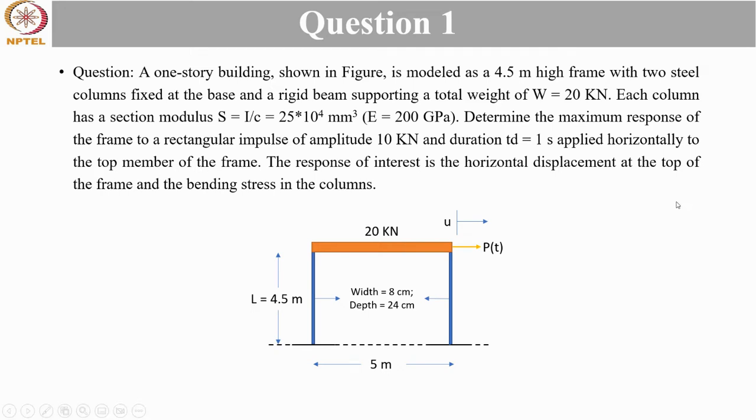So we need to determine the maximum response of the frame to a rectangular impulse of amplitude 10 kilonewton, and the duration Td is equal to 1 second applied horizontally on the top member of the frame. The response of interest is the horizontal displacement at the top of the frame and the bending stress in the column. So it is the case of a sudden impulse that is applied for a short duration of time, and we need to find the horizontal displacement at the top of the frame and the bending stress in the